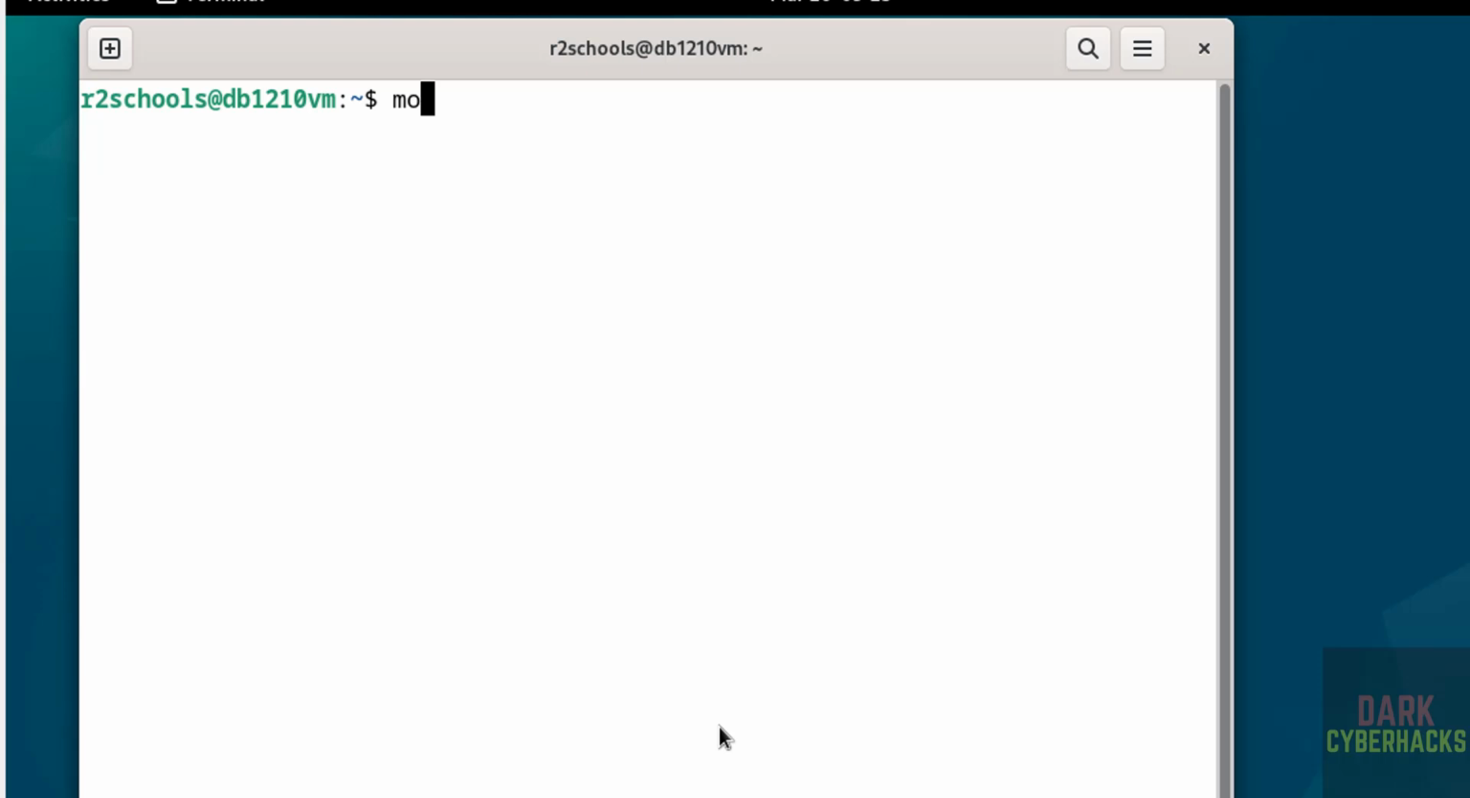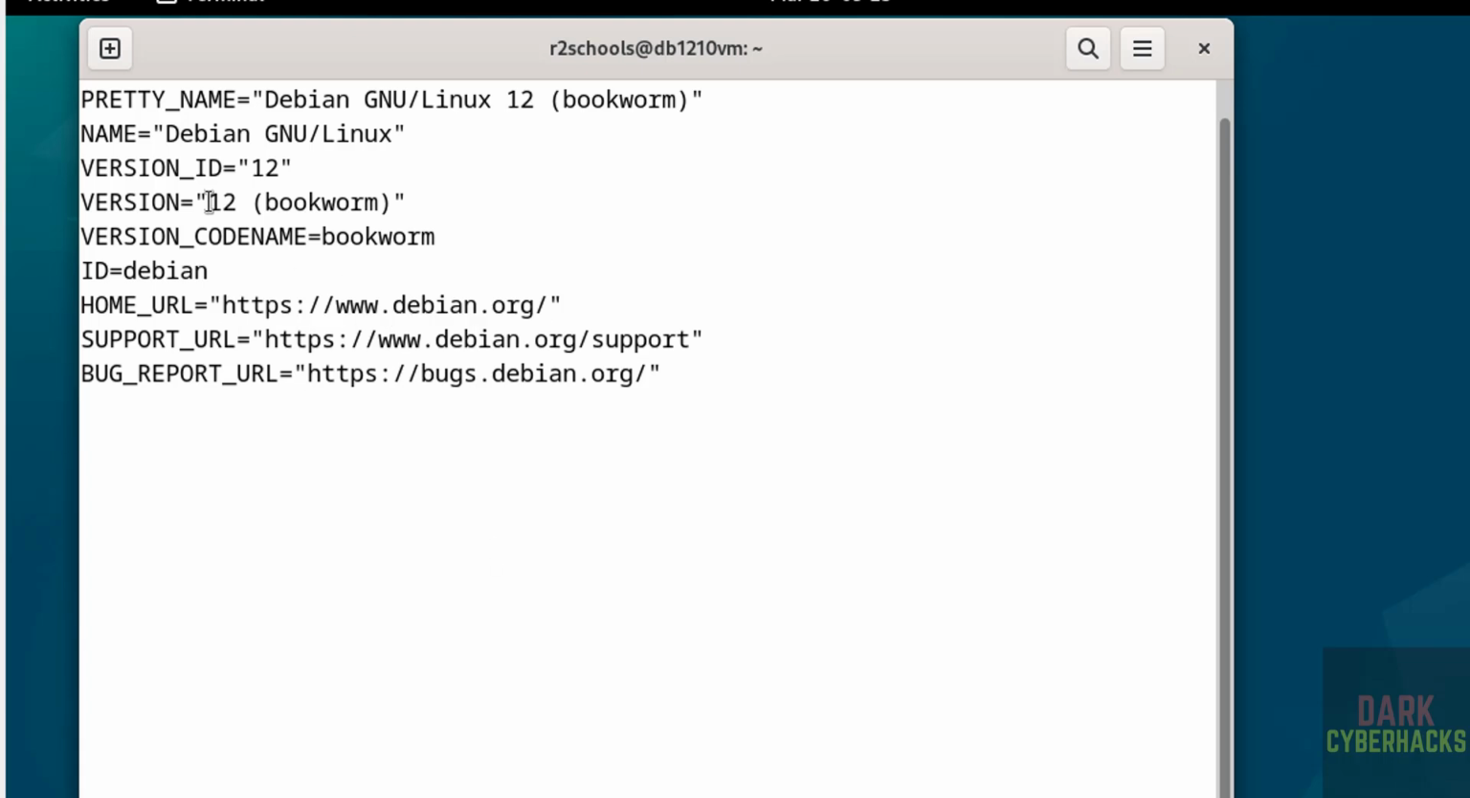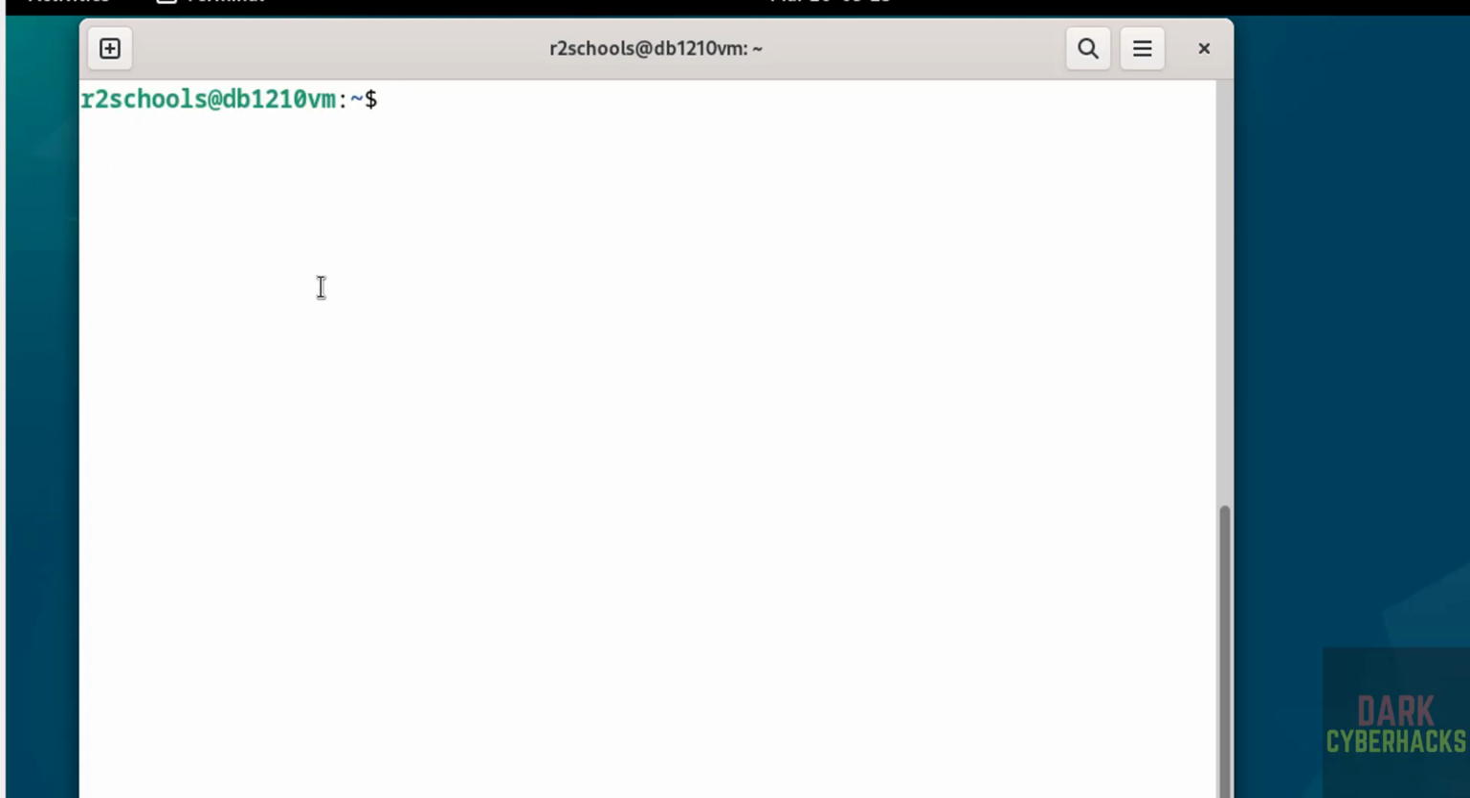Now first step is to verify the version that we have installed. more /etc/os-release. See, we have installed Debian 12. The first step after connecting to Debian 12.10 is we have to update the packages. sudo apt update && sudo apt upgrade. This won't work. Hit enter